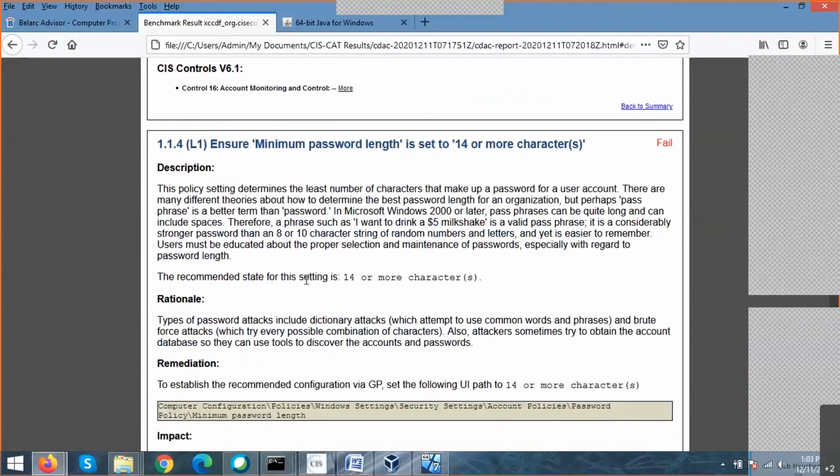Minimum password length is set to 14 or more characters, but in my case it also failed.